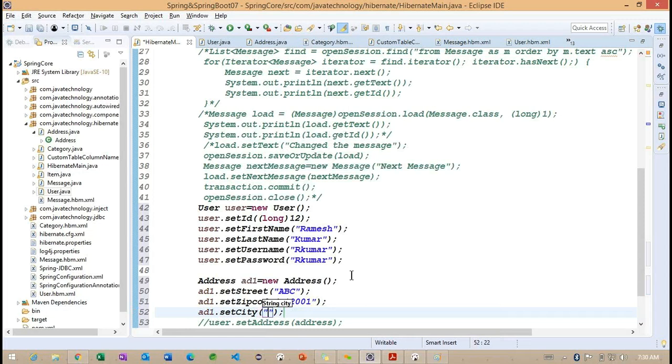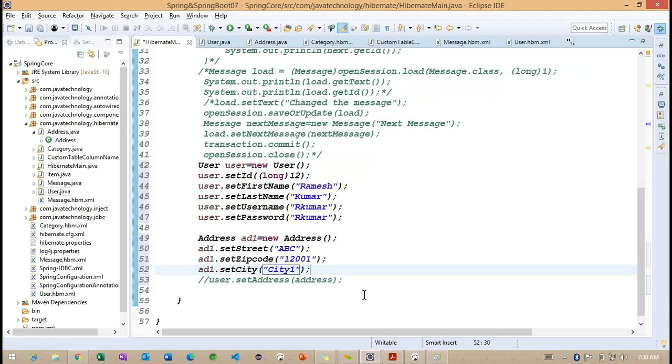Some zip code I provided, something called city. I want to provide city 1. So these are about the address here.